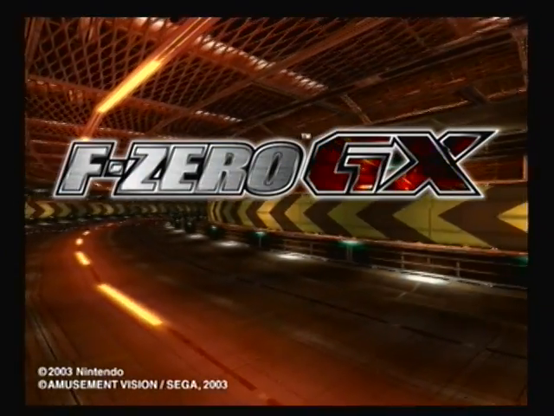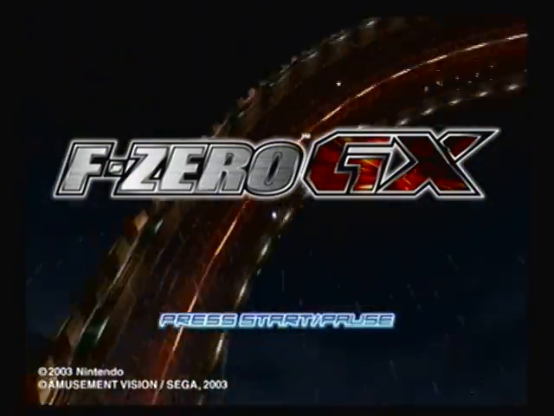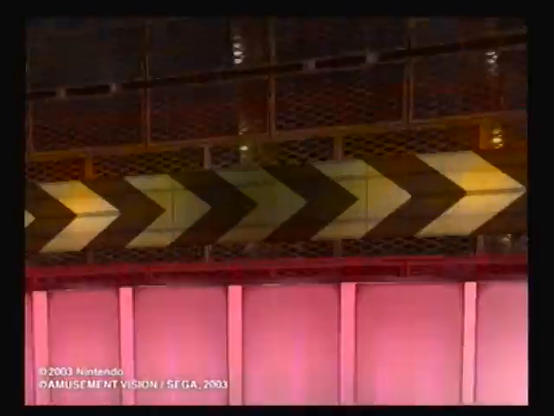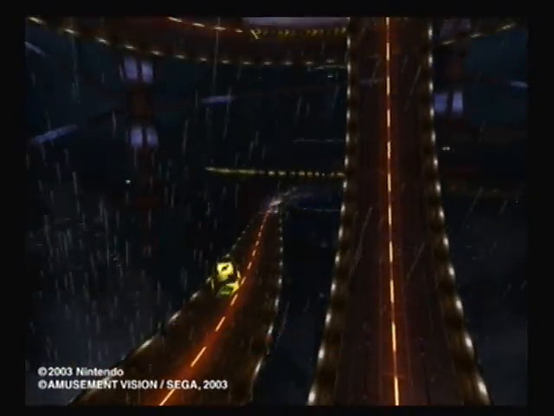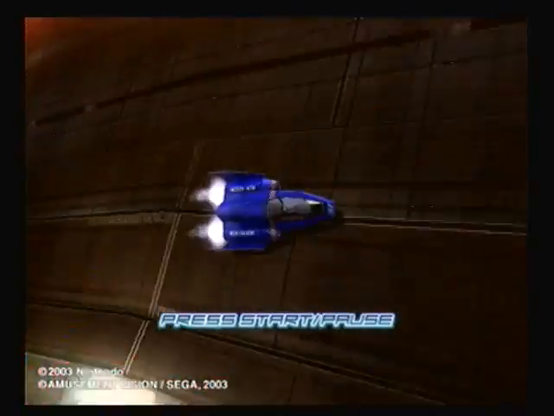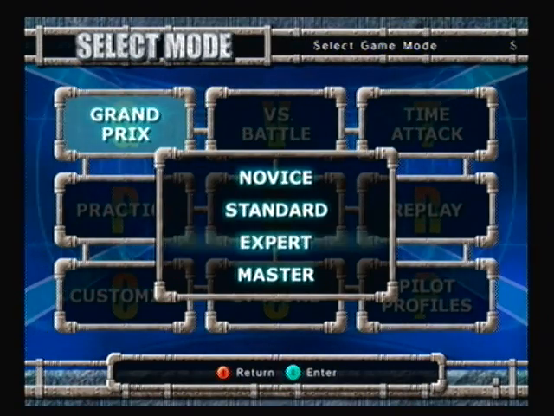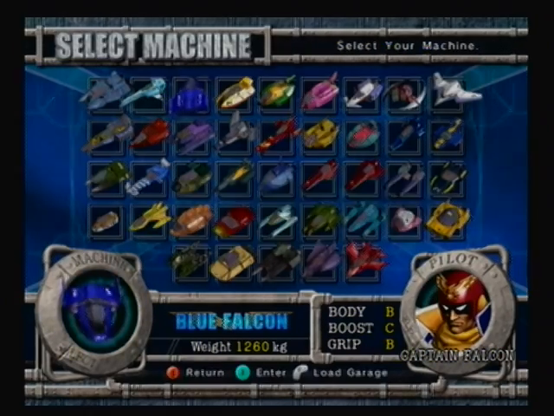Welcome to F-Zero GX for the Nintendo GameCube, released in 2003 by Nintendo and, oddly enough, Sega as well. This is my favorite game in the F-Zero franchise, and I've spent more time than I can even remember on this wonderful game. It's so much fun, and I'm going to do it the best justice I can by playing on Master Difficulty. First up is the Ruby Cup, the first of 5 Grand Prix,